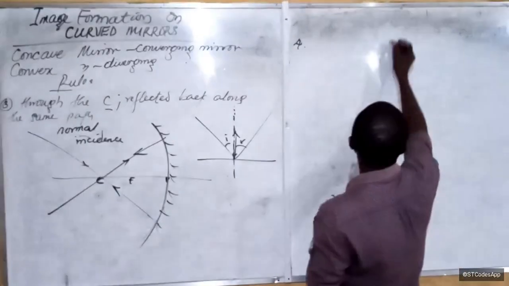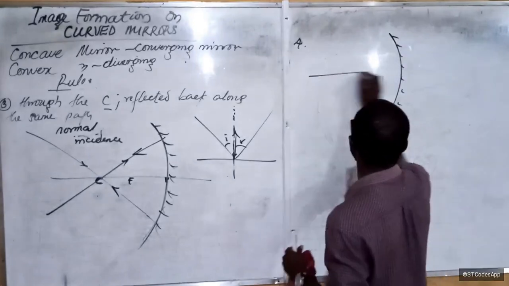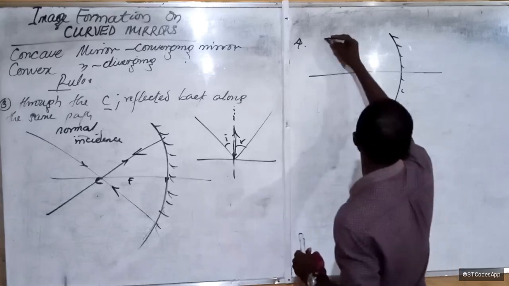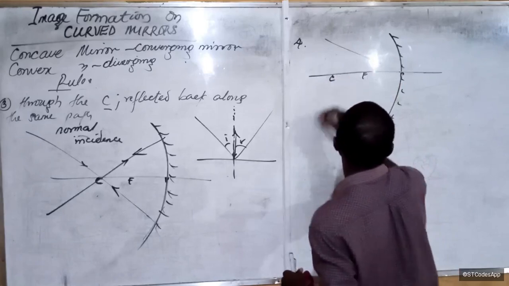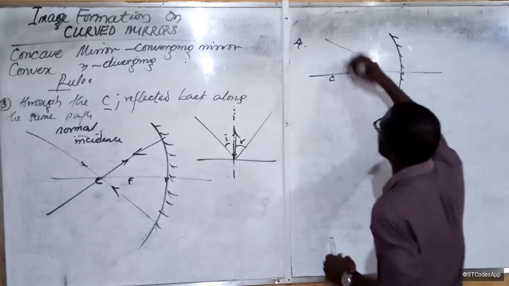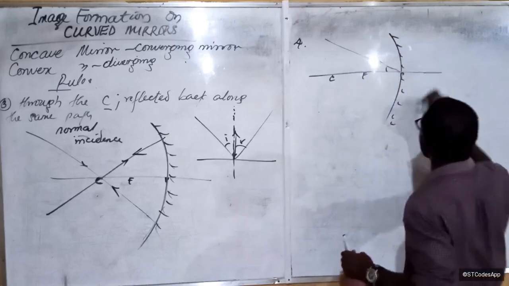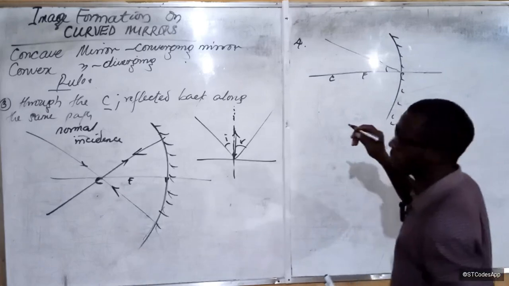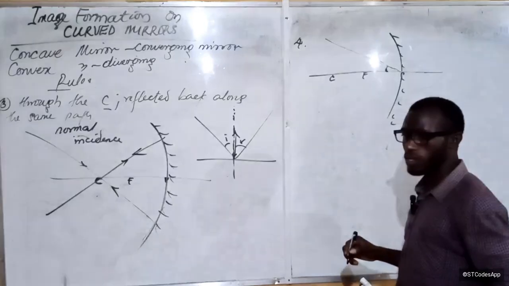So, for example, what it's saying is this. This is my plane mirror. So, if I have a ray of light to be incident on my pole, this way, this is my pole, my focus, and my center of curvature. So, if I have a ray of light that is incident here, like this, at this angle, by the time to be reflected,